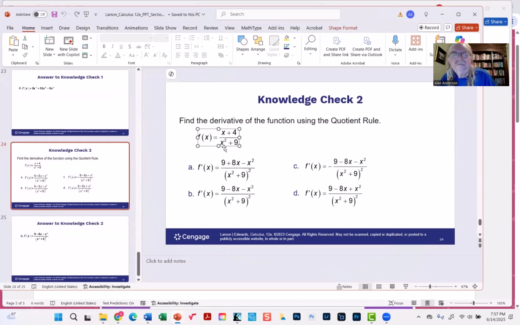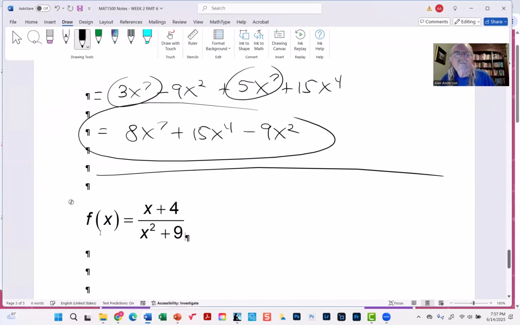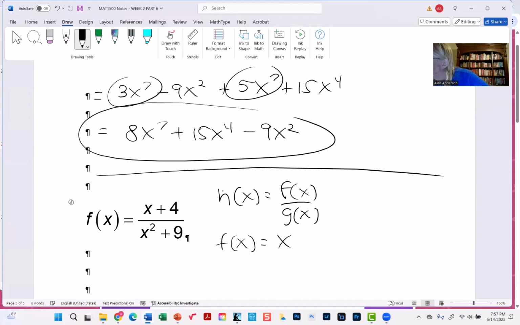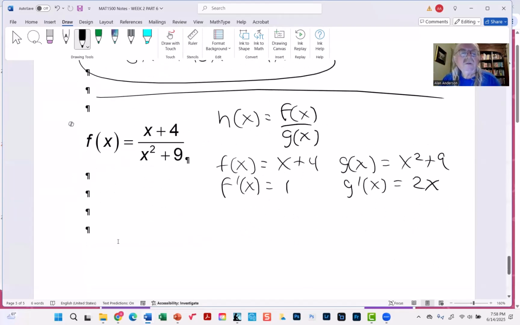And then here's an example of the quotient rule. Let's try that. So think of this again as h of x is f of x over g of x. And that means here f of x is the numerator, which is x plus 4. f prime of x is 1. g of x is x squared plus 9. And g prime of x is 2x. All right, and then the quotient rule is